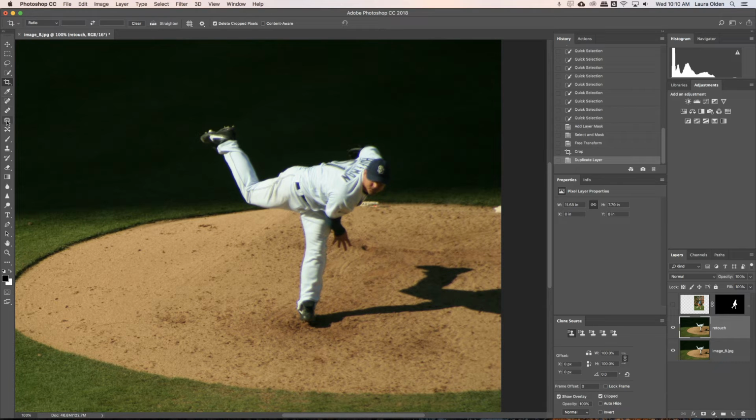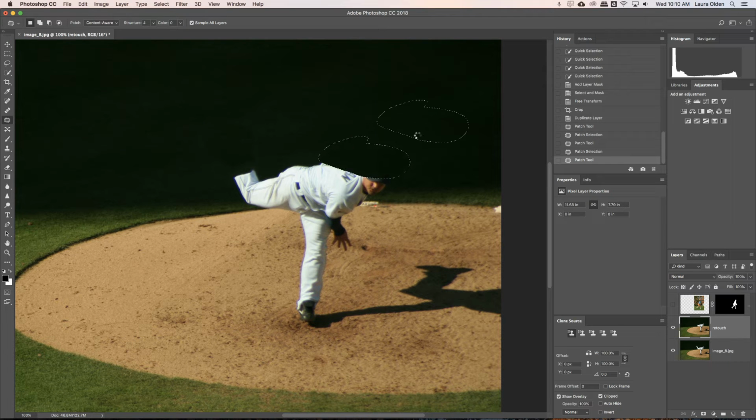So let's do the patch tool. I can circle this, drag. That looks a little weird. Drag. I'm trying it in smaller chunks. The tricky part is once you get to the edge of the field here,